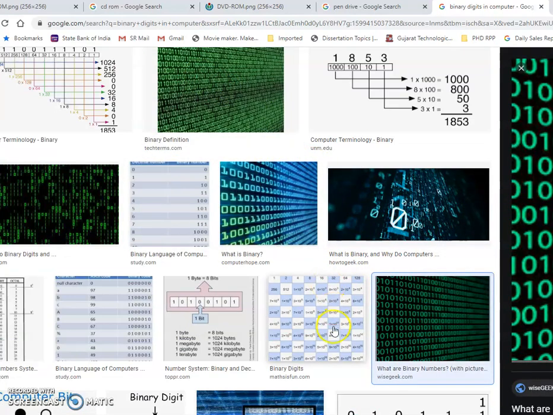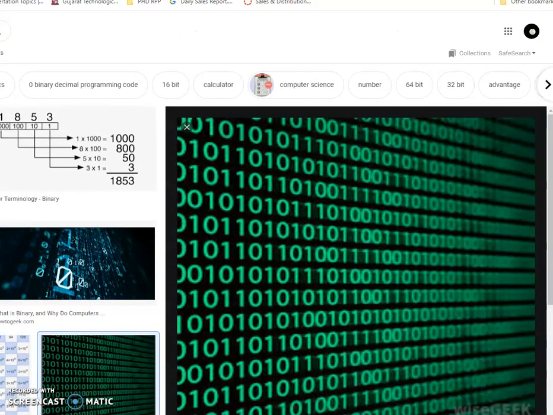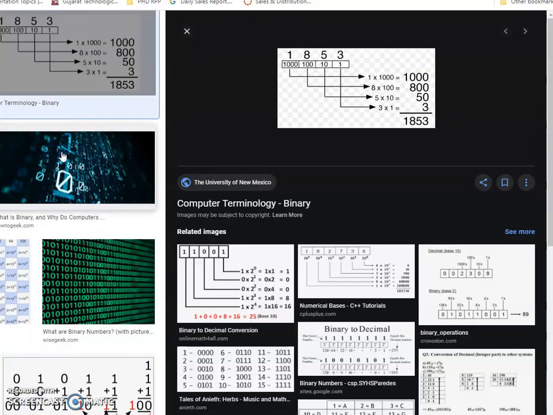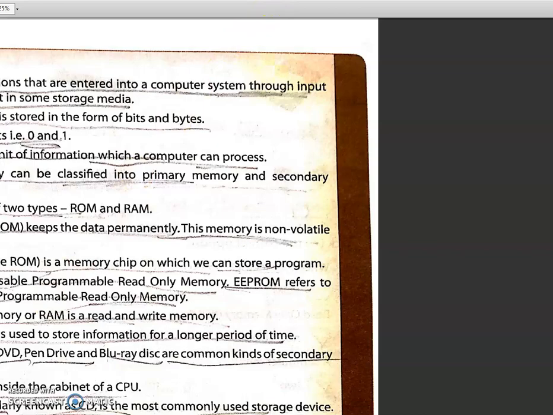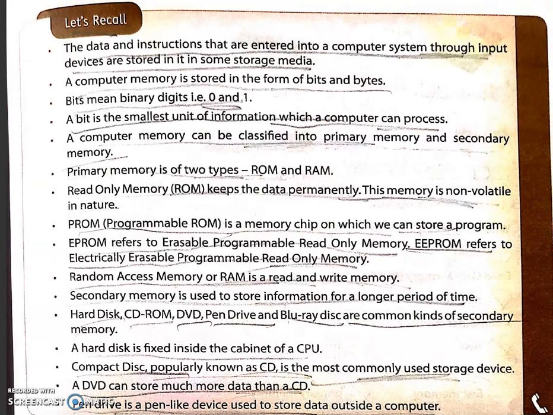Let me show you an image. So whenever you store data in a computer, it looks like this: 010100111110. This is how the computer stores the information. So this is how binary looks like. Now there are also examples, like for example, if you want to write 1, the computer will recognize it as 1000. Then you want to write 8, it will recognize as 100. So this is binary. So whatever information you give to your computer, it will not read your alphabets or characters or your English language or Hindi language. It will simply understand 1 and 0.